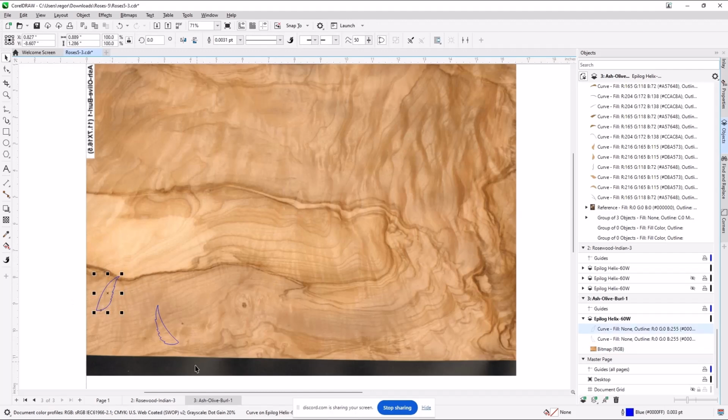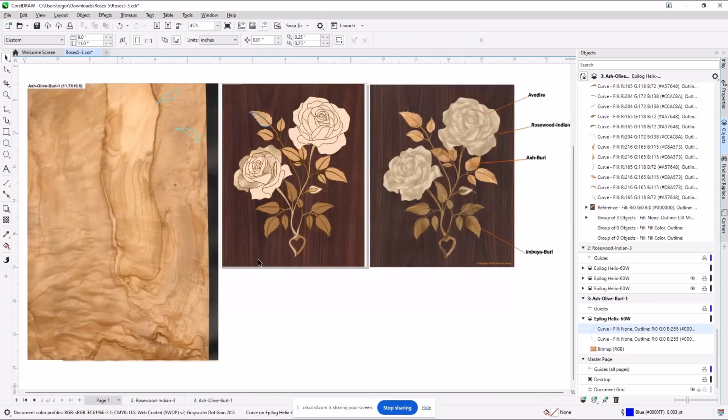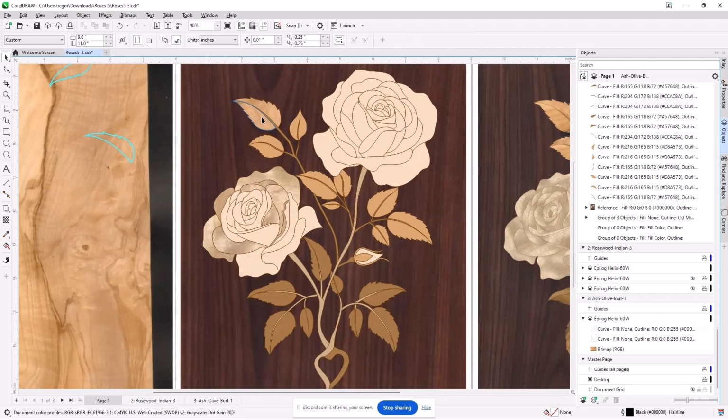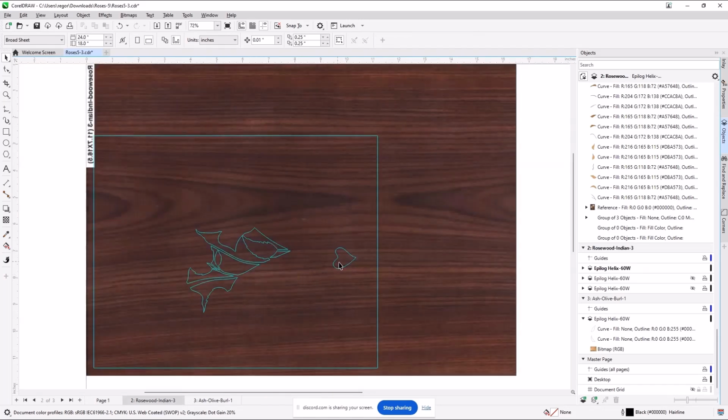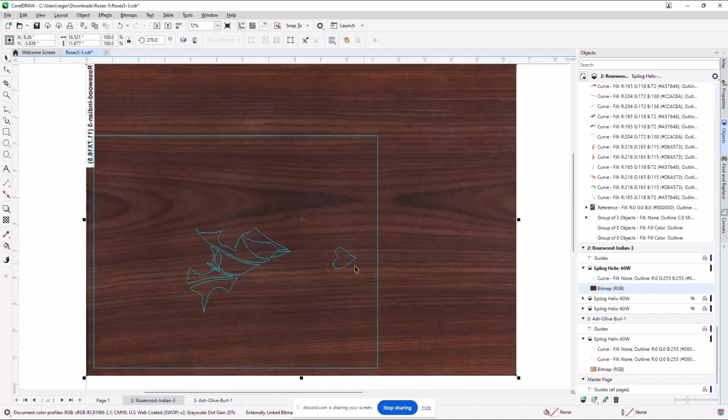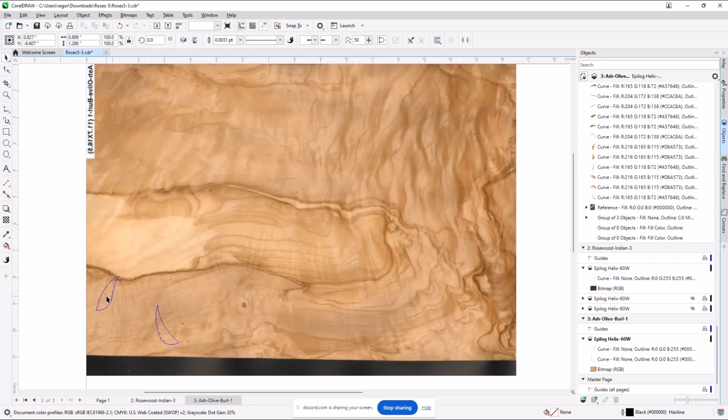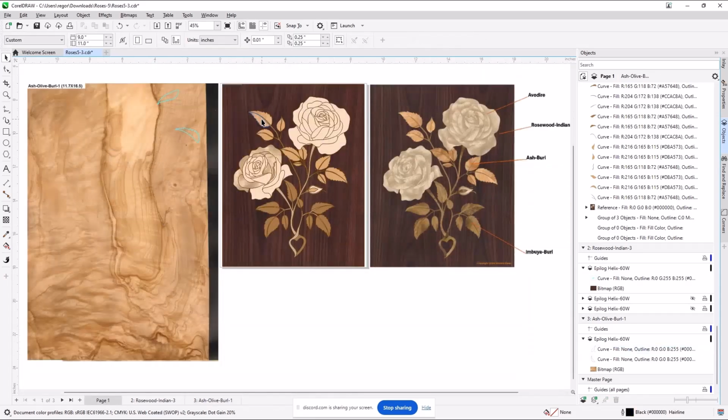If I select a piece here, one of the nice things that Vincent gave us is that I have now identified on the cut panel where that is in the picture. So if you're like me and you've got a piece of laser that's cut out, it's nice to know where that piece belongs in the picture because the smaller they are... oh, dang, that's weird. Those are pockets. So I can't do that. What I'm saying is, say I got 100 of these pieces cut out in here. It's nice to be able to go look at the veneer, select the piece I'm looking at, and have it tell me where am I in the picture.